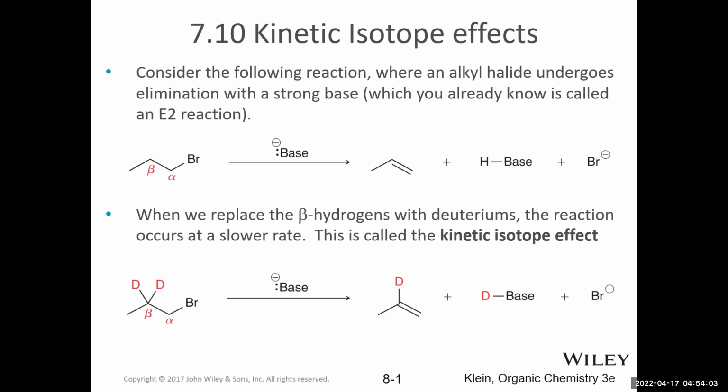So for example, if we're wanting to study what we think is an E2 reaction where the base is involved in the rate determining step, then we could replace the hydrogens that should be deprotonated with deuterium and see if there's an effect on the rate. And if there is a slowdown of the rate, or a five-fold effect slowing down the rate, then that's an indication that that hydrogen is involved in the rate determining step. And this is known as the kinetic isotope effect.